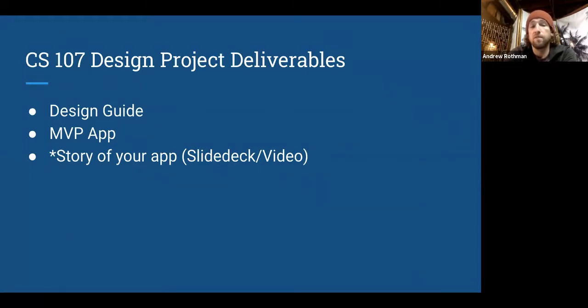You will submit an MVP, a minimally viable product. It doesn't have to work perfectly, but the user, like a tester, should have a general idea of how the app would work, or how the user would interact with it, or how it solves the problem. And as I mentioned, we're still working out the details of how you will tell the story of your app. Could be as simple as a slide deck or some sort of storyboard which explains how things work. You could also do a video. I think it'll just be a series of options you will choose, but I'm still trying to figure out what's going to be realistic for everyone, and that's good, that will meet that need but also not be overwhelming.